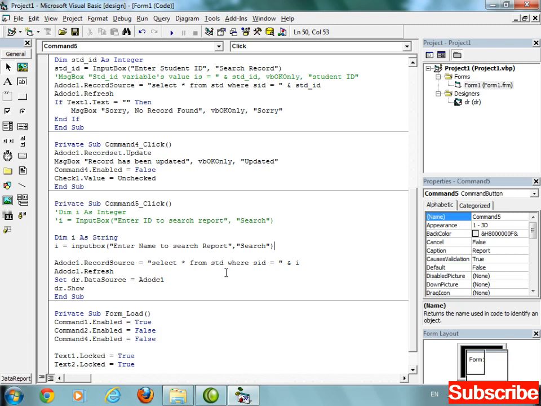The query is already enclosed inside double quotes, so now you have to use a single quote for I. Just insert a single quote right here. Now again concatenate: start double quote, single quote and double quote.